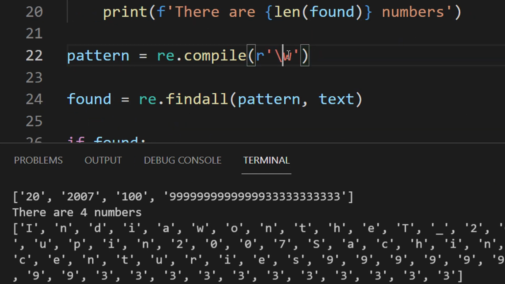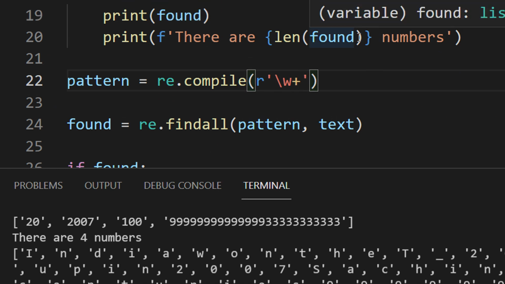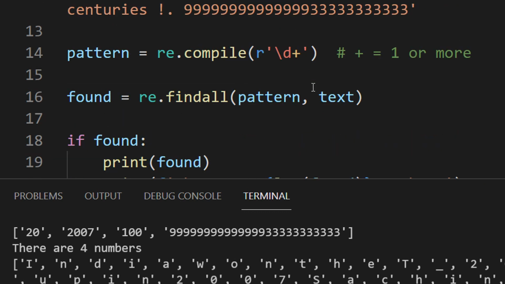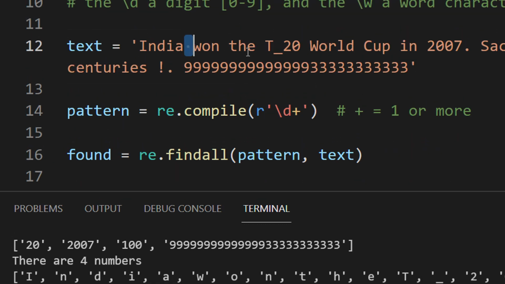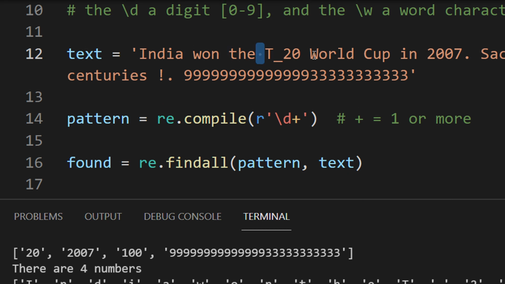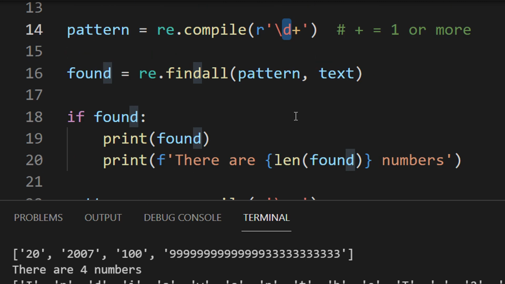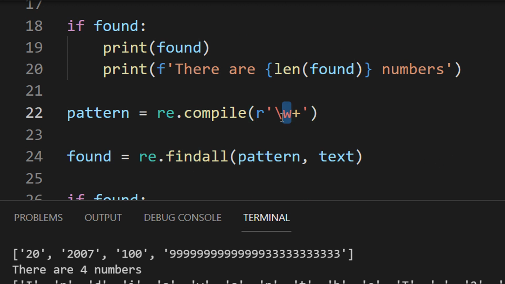So when you do slash W plus, it will keep on accumulating the strings that match the pattern till a non-match is found. So where is a non-match found? In this case, the space is the non-match, which is actually a non-slash W, right? So I hope this part is clear. It's quite easy. So slash D is digit and W is word, you can remember, right? W for word. Actually, it's a character class, but W plus becomes a word now.